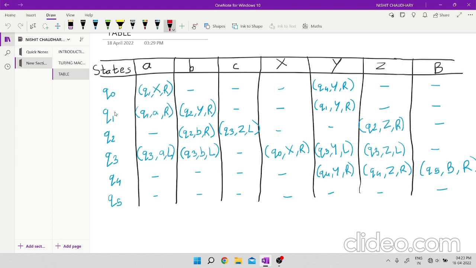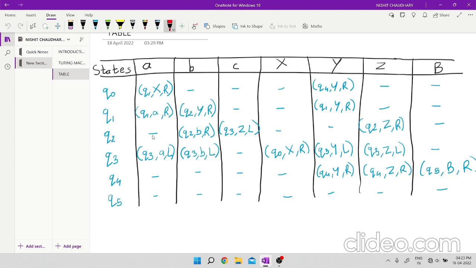Then you will move to transition state q1. Here you will ignore all the other a's. See, q1 a r. So when you reach any other a in q1, you will keep ignoring them and move towards the right. But when you encounter the first b, you will convert it into y and then move to